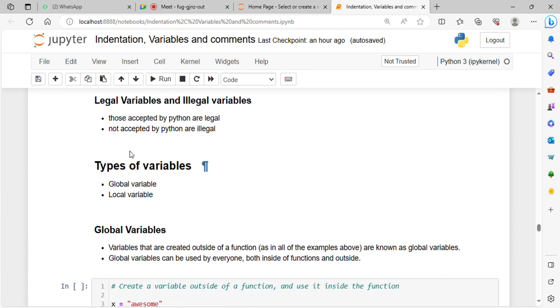Now, next point is legal variables and illegal variables. Okay, so what are legal variables and illegal variables? All those accepted by Python are called legal variables. Okay, and those which are not accepted by Python are called illegal variables. Okay, for example,